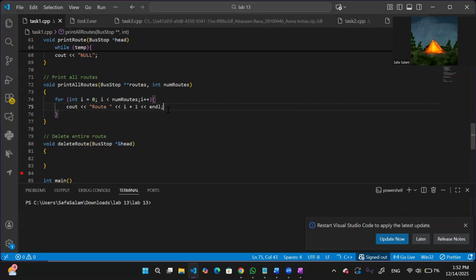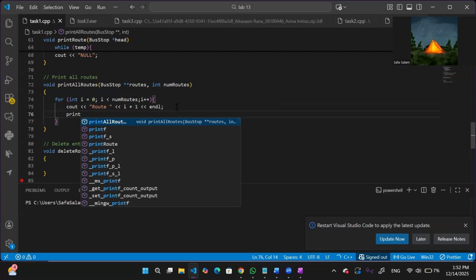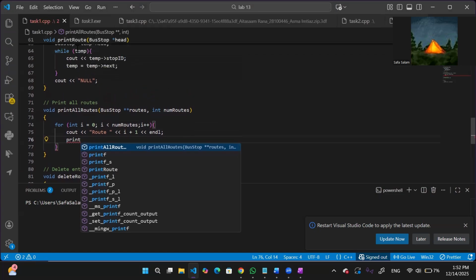This will tell you that root 1 is printing and root 2 is printing, root 3 is printing. Alright, and then you have to print the actual root, and for that you do not need to write any long logic. You already know how to print one root in this function. So you just